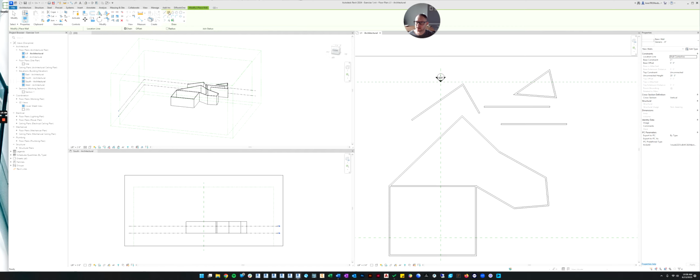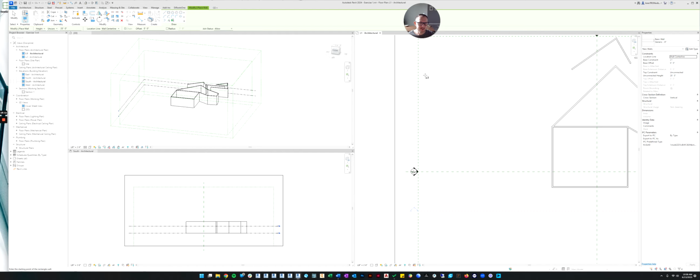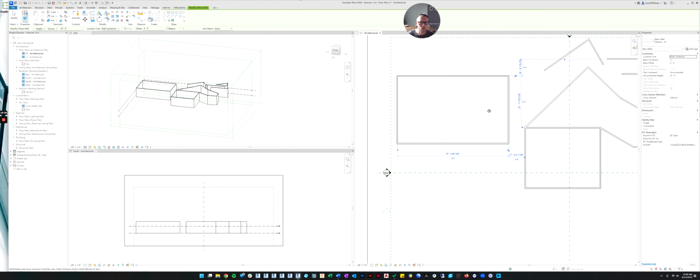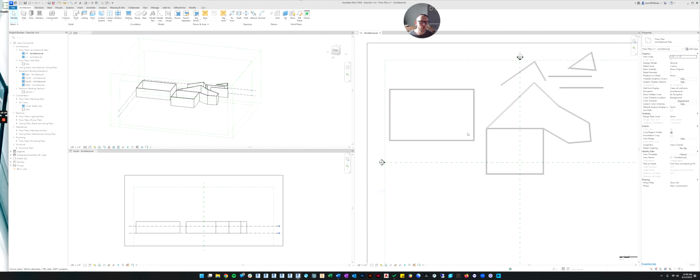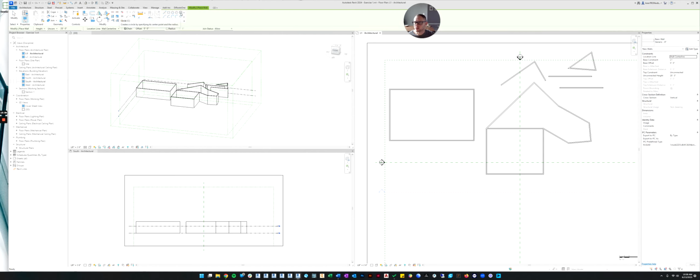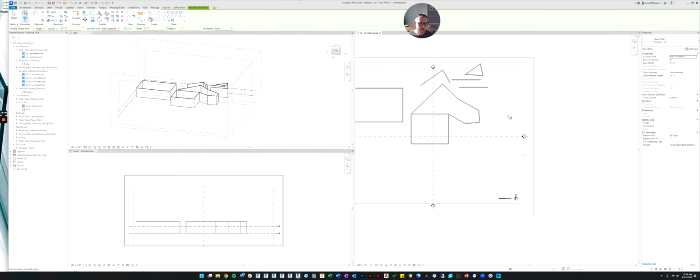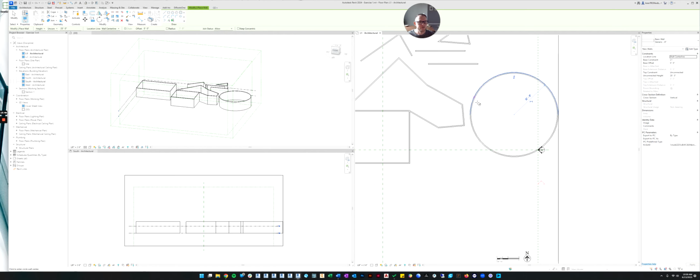There's a rectangle, so let's click the rectangle. That lets you pick two opposite corners to form a rectangular wall. I clicked the first corner, and if I drag it down to here and click the second corner, it's drawn 4 walls for me in the shape of a rectangle. So clicking twice saved me 4 clicks, right? Instead of having to do each wall, I did all 4 at once. Let's do the wall command again, and let's do a circle. Now you click once for the center, and then you click the radius, and now you've drawn a circle.